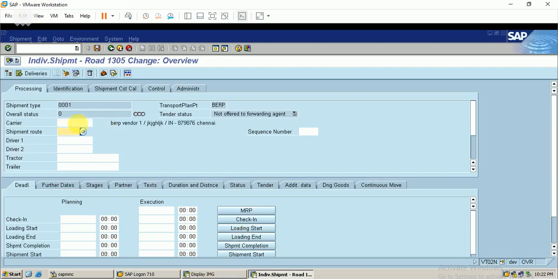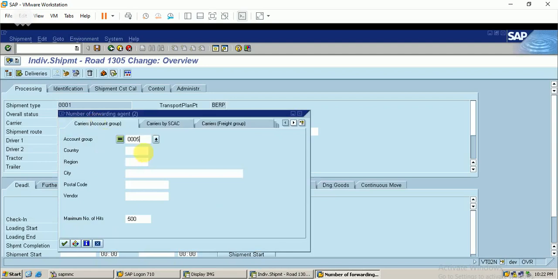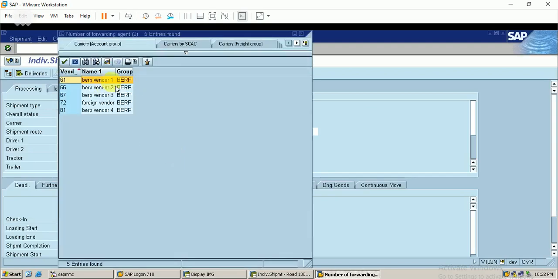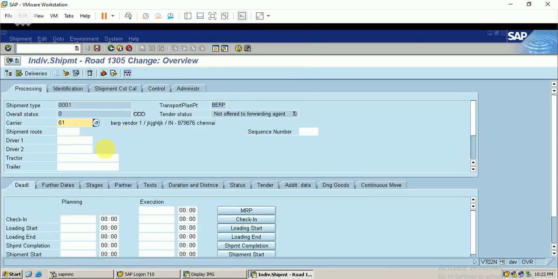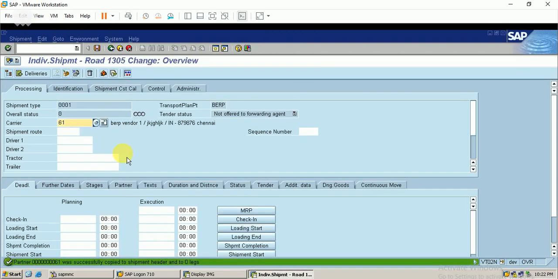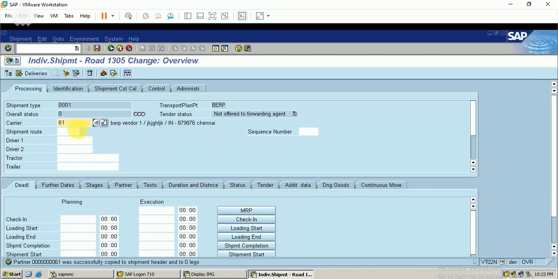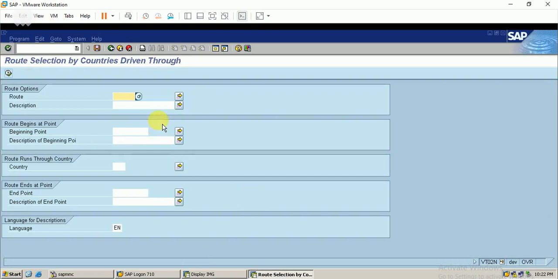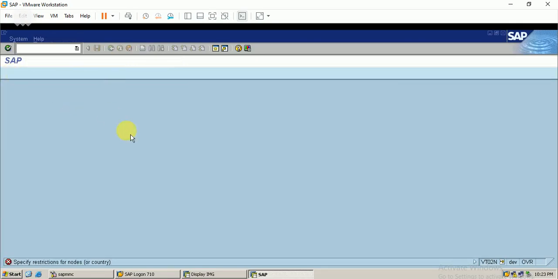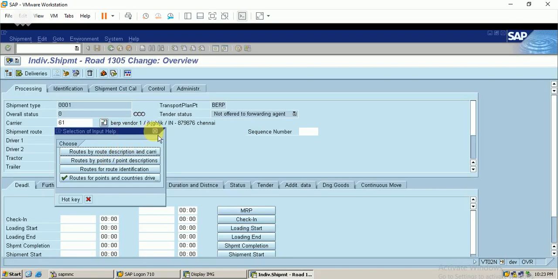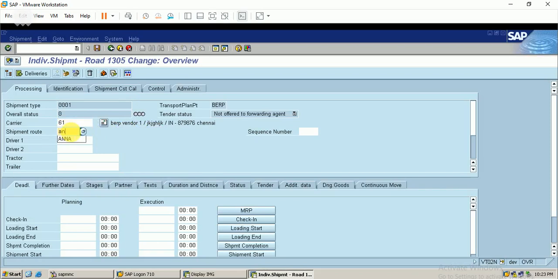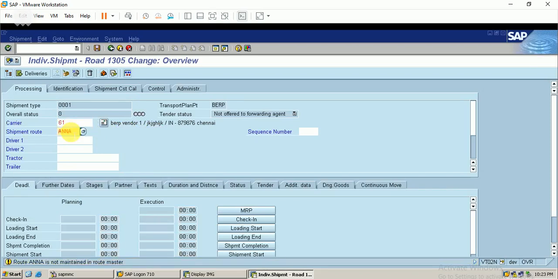In the carrier field, I can maintain my vendor, that is who is going to ship my material. So I can maintain my partner here and the shipment route. I just manually enter it here.